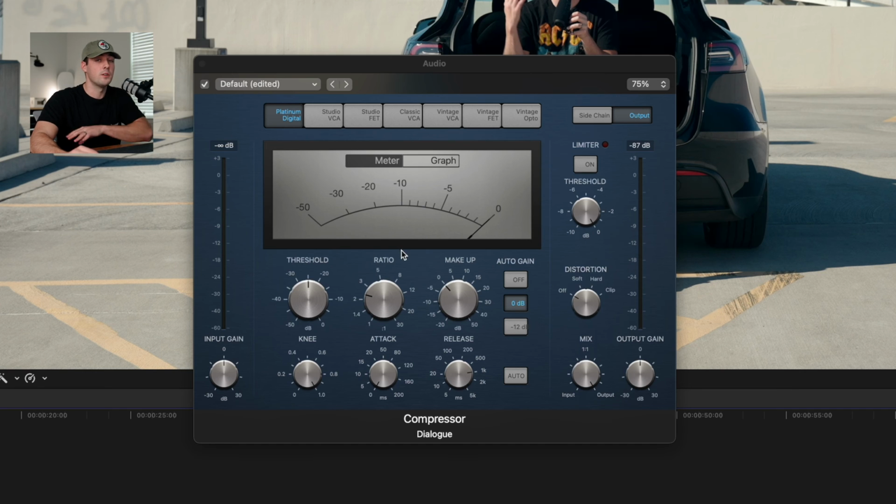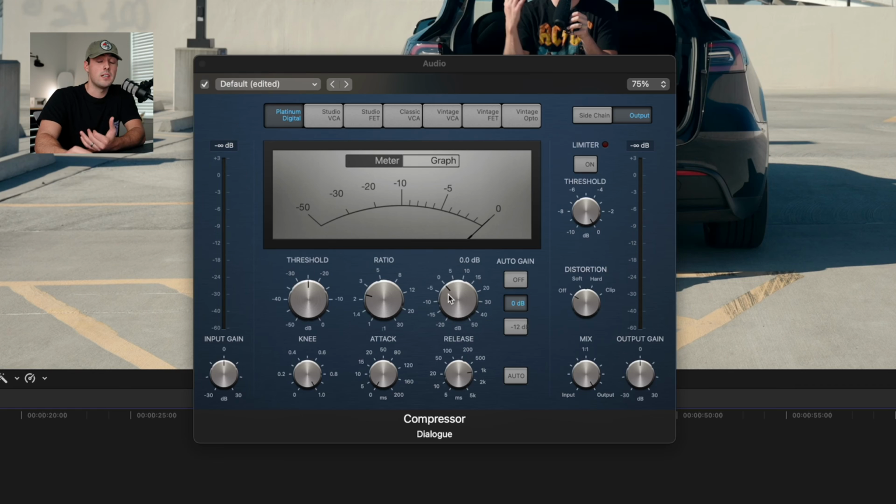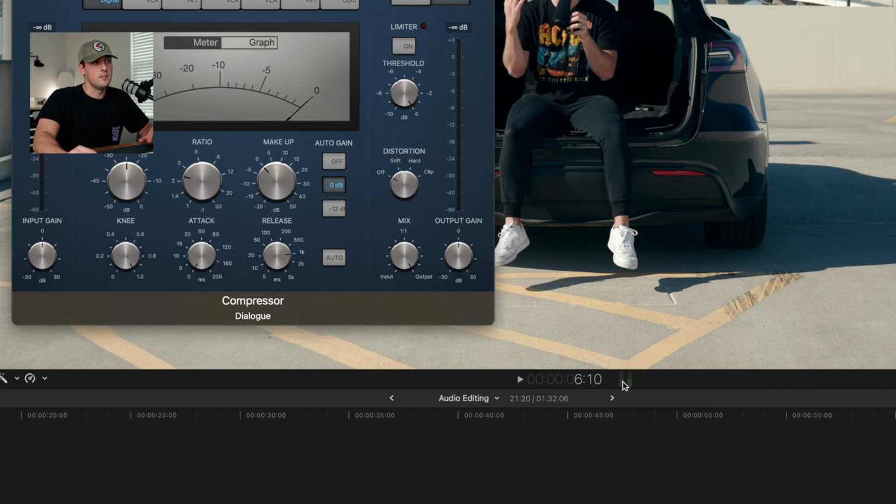So the last knob we're going to look at is the makeup knob. Essentially what this does, it's almost like adjusting your output gain. If your voice is still a little too quiet after adding the compressor, you can adjust the makeup gain to add a little bit more decibels or volume to your voice as it leaves the compressor. A good tip in Final Cut Pro is if you click on this audio